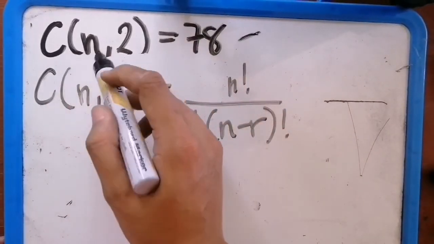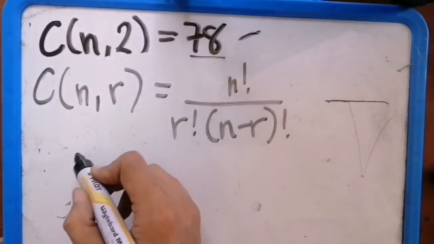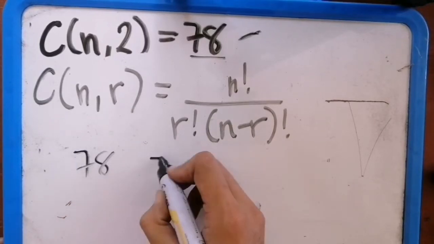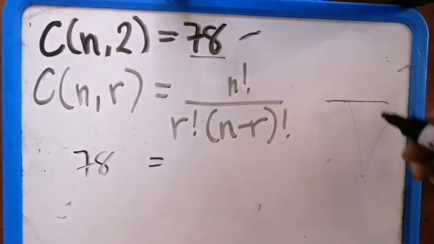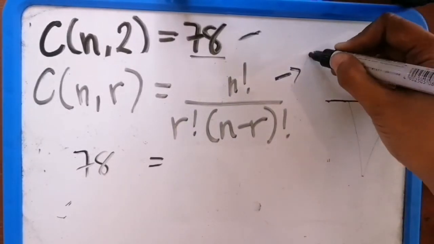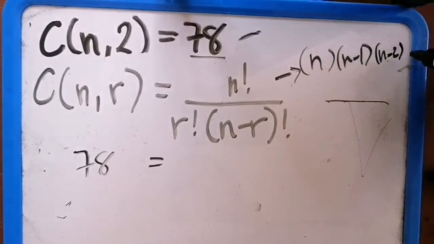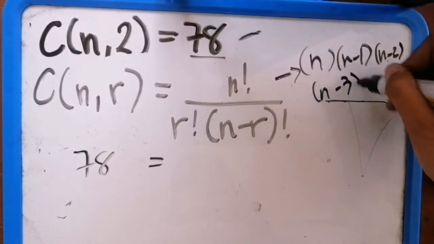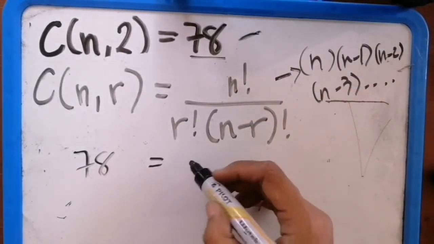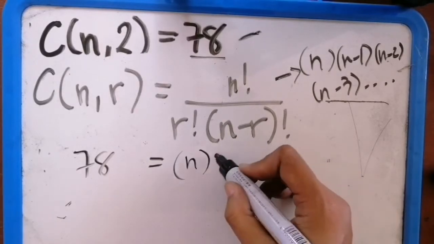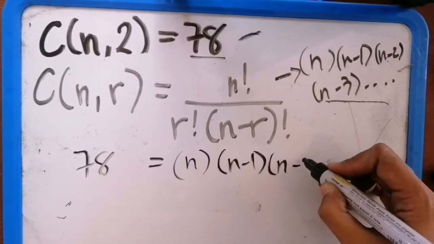Since combination of n taken 2 at a time is equal to 78, substitute natin siya dito. So, this must be equal to 78. N factorial is just equal to n times n minus 1 times n minus 2 times n minus 3 and so on. So we will expand n factorial here. So, we have n times n minus 1 times n minus 2